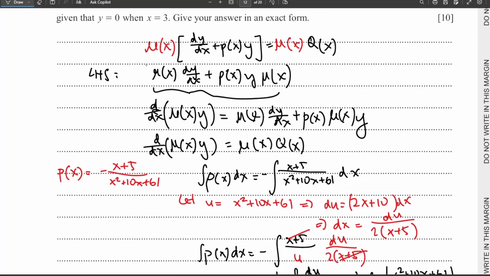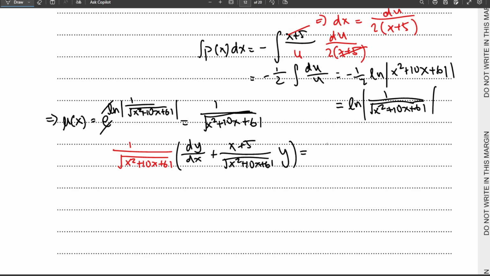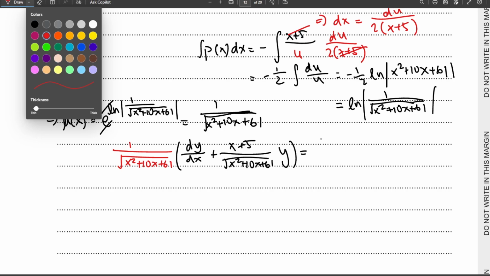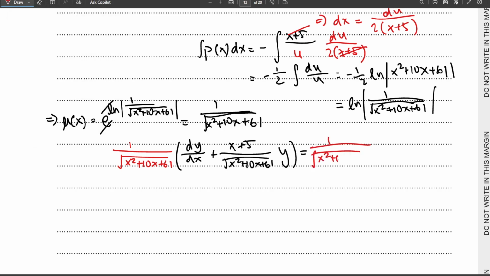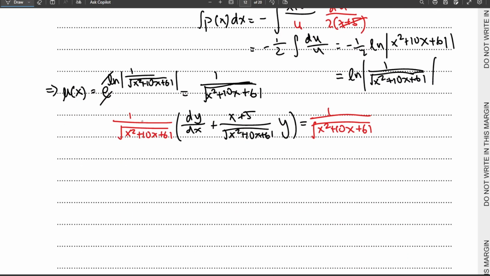Okay, then we can just proceed to the next step. Now that we have our integrating factor, we're going to multiply both sides by the integrating factor. On the right hand side, it's just 1, so 1 multiplied by that function will just be 1 over this one. On the left hand side, I can straight away simplify this to be what I've proven just now. It's just the product rule of the integrating factor with y. So this entire left hand side will be just the derivative of y over the integrating factor. The one in red, remember, is our integrating factor. And then on the right hand side,